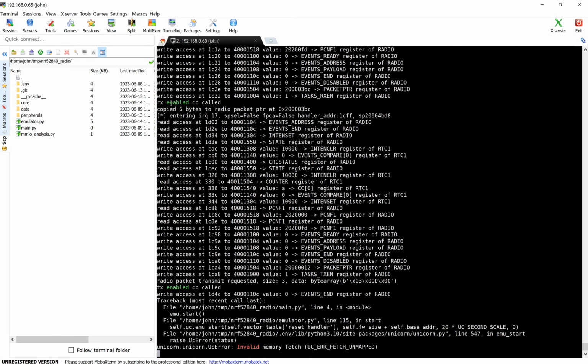Okay, nice. Here we got internal interrupt number 17, handler address 1CFF, and nice, neat. So here you see that radio packet transmit requested. So it means that our packet that we copied here actually is processed by the interrupt handler,